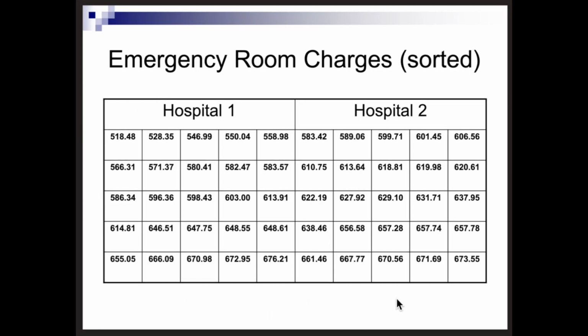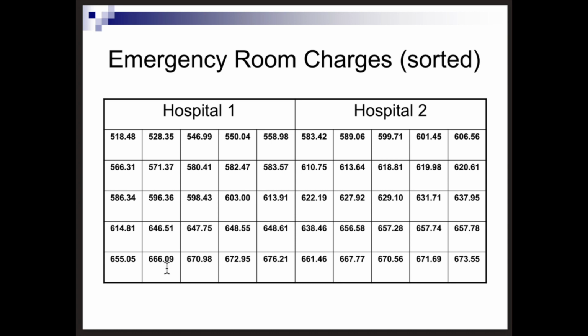2 data sets. And so for each hospital's data, we've created an ascending data array. And so then if we were to look at this and try to answer the question, which hospital appears to have the higher charges, then depending upon which values you look at, you might choose either one of these. So for example, if we look at the minimum values, we see here that hospital 2 has the larger of the 2 minimum values. If we look at the middle value, we see that hospital 2 also has the larger of the 2 middle values. On the other hand, the largest value is greater for hospital 1 than it is for hospital 2, but overall it looks like hospital 2 tends to have the higher